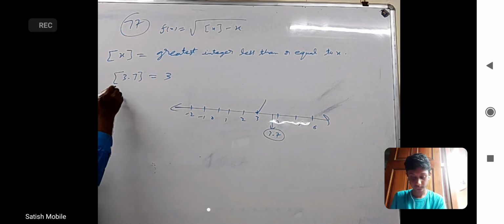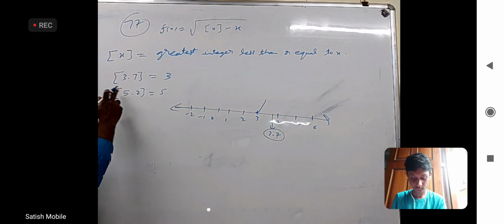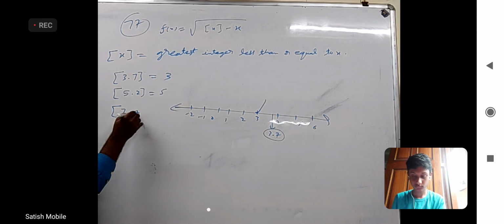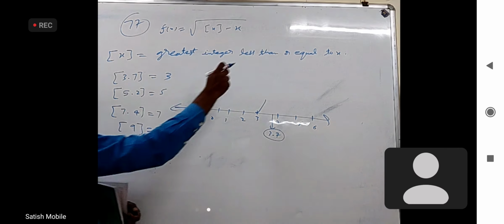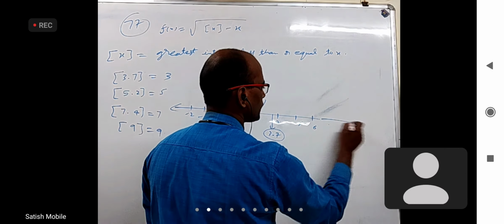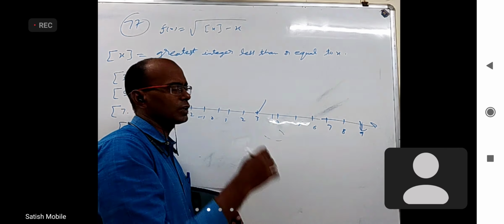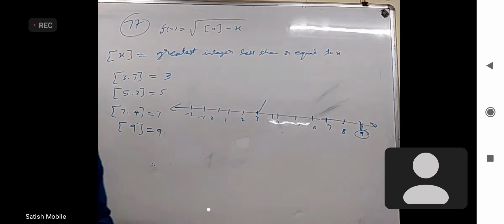Nothing wrong. Okay. If somebody says, what is the integer part of 5.2? It is 5. You can read it as integer part or greatest integer function. If you want, let us say 7.4, it will be 7. If I take only 9, what is the answer will be? 9 only, because less than or equal to this side. So, if I take 9 here, 7 here, 8 here, if I take 9 less than or equal to 9, the numbers are 9, 8, 7 in that the greatest one is 9 itself. Okay. So, this is all fine, absolutely no problem.